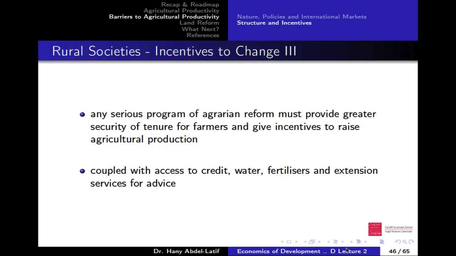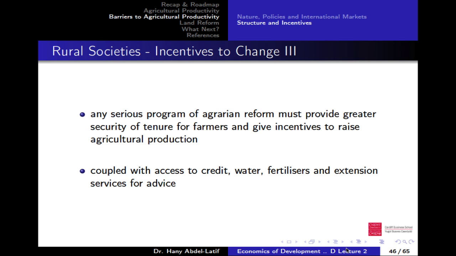So just going back before I jump to the new point, land reform, let me summarize the main idea, the takeaway message of what I said. The four factors that we discussed in the beginning are important: urban bias, unfair competition, geographical factors, labor-land ratio. That's perfect. That's absolutely fine. But it doesn't give you the full story. What gives you the full story is the structure, the way they live.